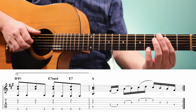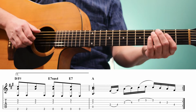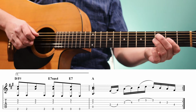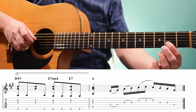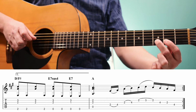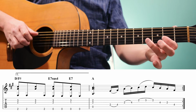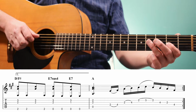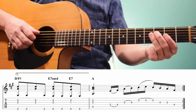So the fill is, we're hammering on the 2nd to the 4th fret of the 4th string, 2nd to the 4th fret on the 3rd string, then hammer on 2nd to 3rd of the 2nd string, pull back off to the 2nd, then 4th fret of the 3rd string, 2nd fret of the 3rd string, 4th fret of the 4th string. So we have